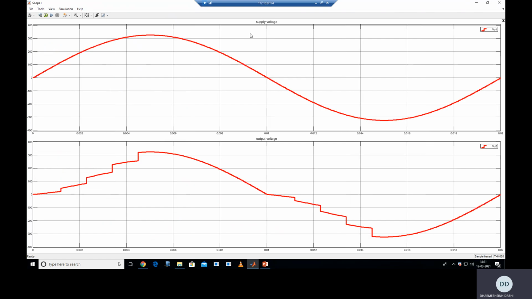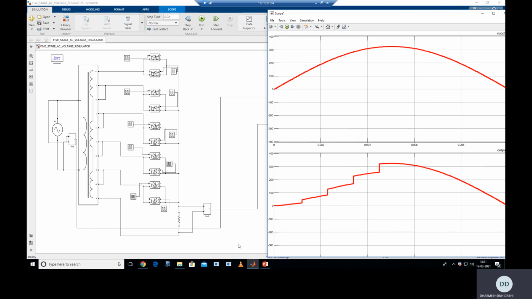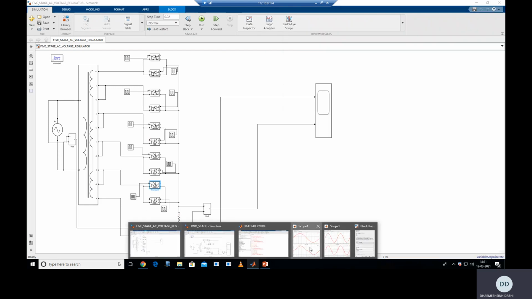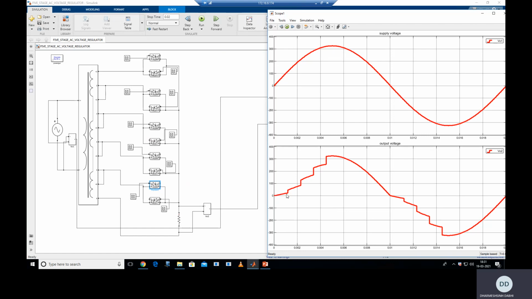First we turn on this first stage, it means this one positive group, so that it gives the output voltage 0 to Vs. So that follows Vm sin omega t divided by 5. Clear? Vm sin omega t means supply voltage. This is the fifth part of this Vm sin omega t. So it is Vm sin omega t divided by 5 by turning on this thyristor. By turning on this thyristor at 20 degree, you can see that it follows 2 Vm sin omega t divided by 5.